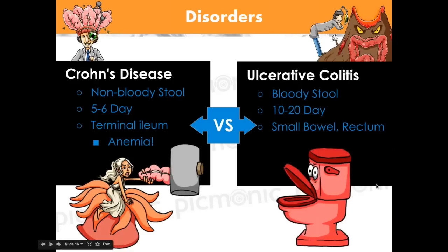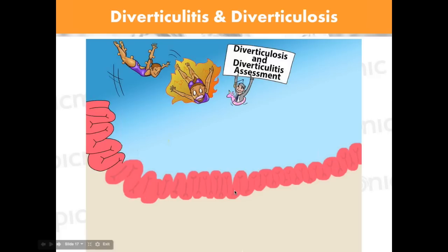So here we have our anemone, we have our bloody toilet over here. Picmonic, we actually have entire Picmonics to help you memorize it. This one's bloody with a bloody toilet, and this one's just diarrhea with a regular toilet to help you keep track of which one's which, which is what we're actually great at, to help you memorize all these little details and